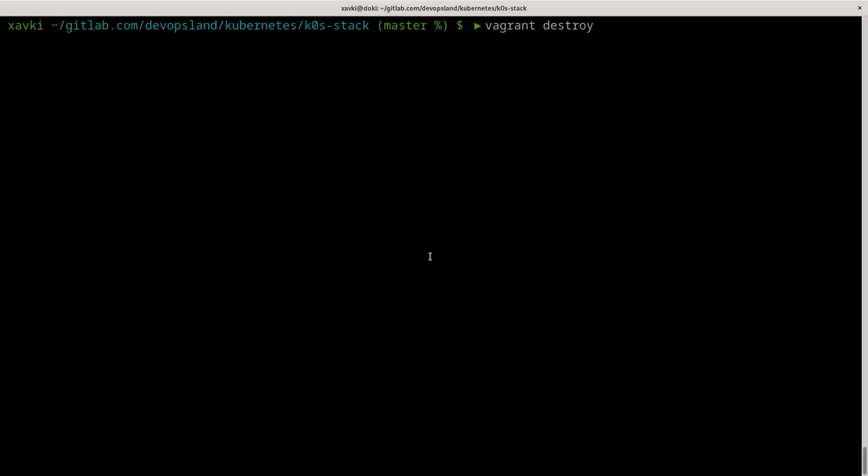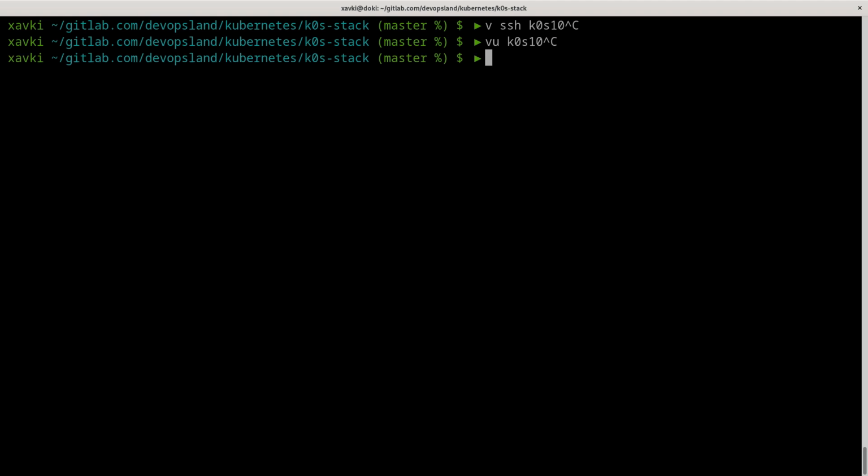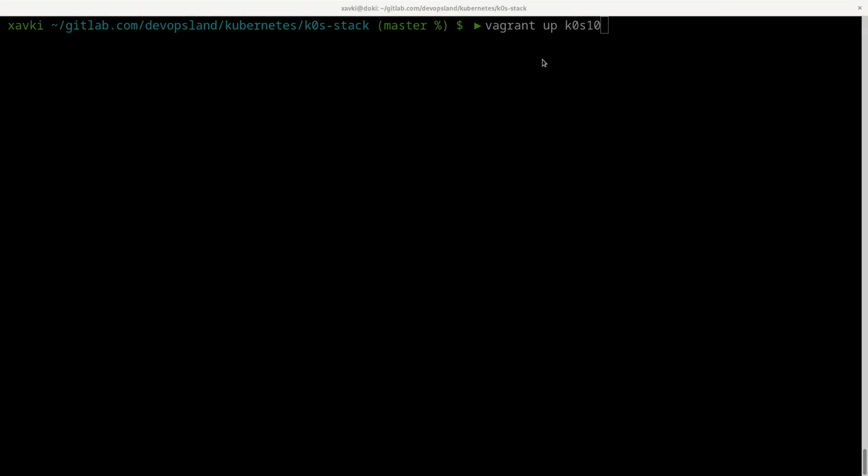Remember that in our history, if you go here, we use VU. This is an alias for me, but this is like vagrant up K0S10, like this. And argv0, of course, is up here.